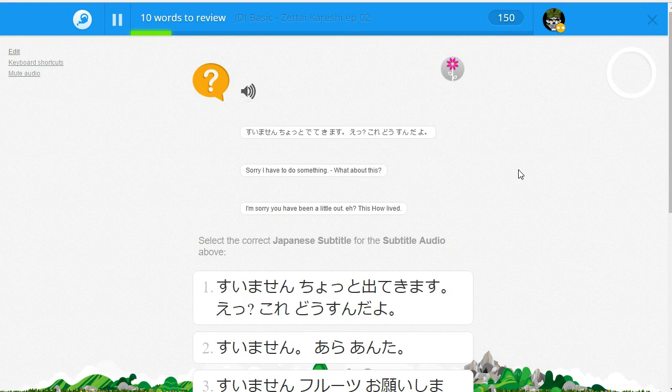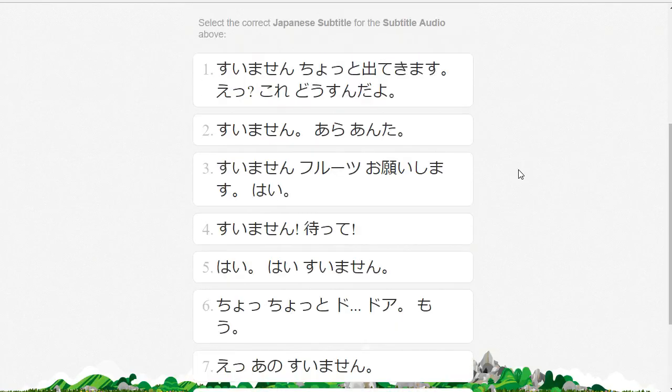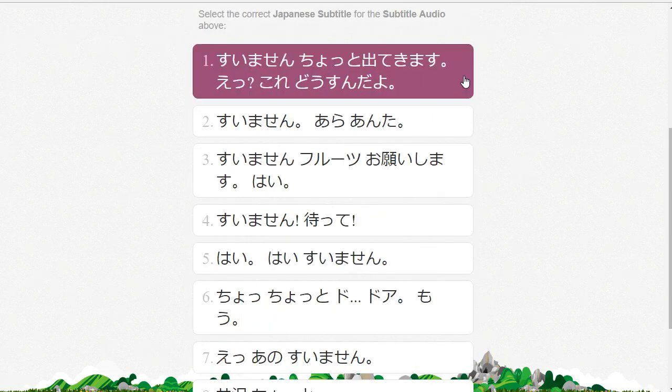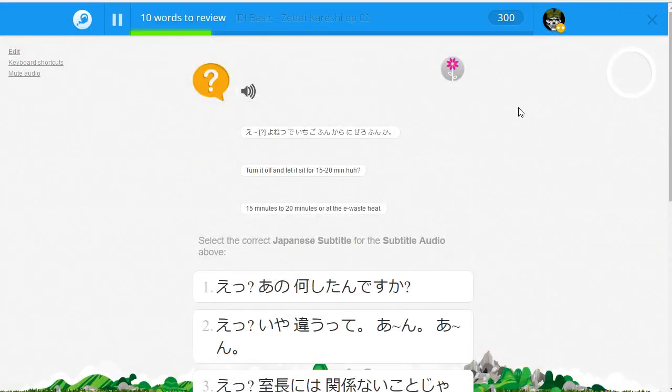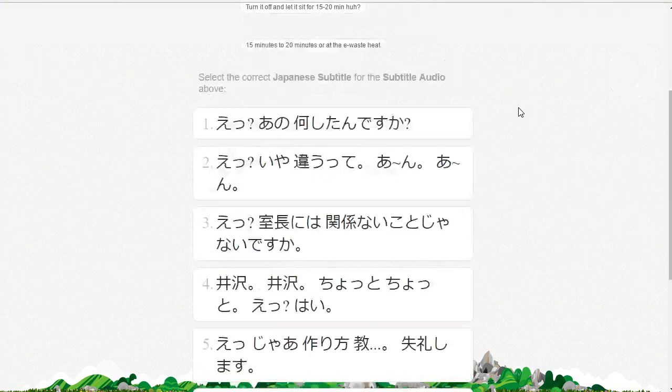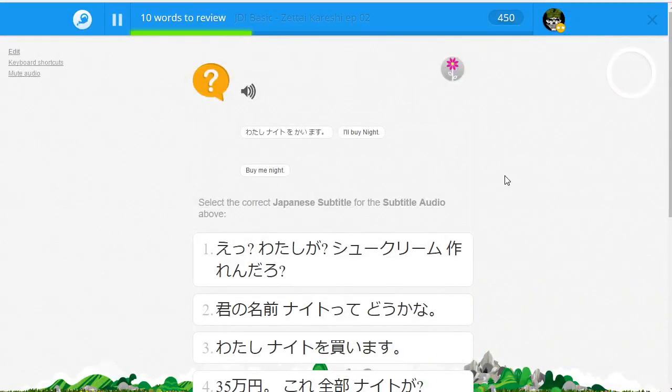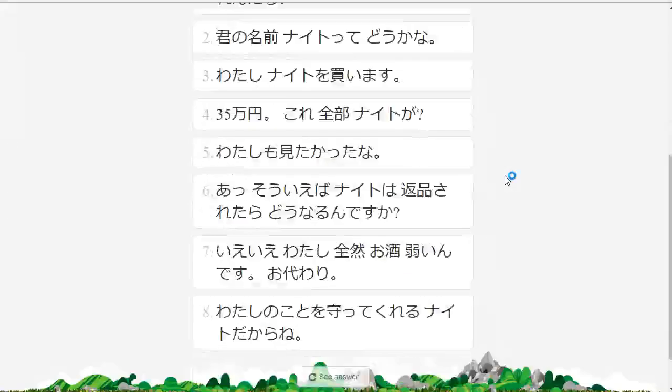すいません、ちょっと出てきます。 すいません、ちょっと出かけます。これどうすんのよ。すみません、ちょっと。すみません、ちょっと出てきます。これどうすんの？どうすんだよ。 どうすんだよどうすんだよどうすんだよすみませんちょっと出てきますこれどうすんだよ 余熱で15分から20分か。 余熱で15分から20分か余熱で15分から20分15分から20分 私ナイトを買います。 私ナイトを買います